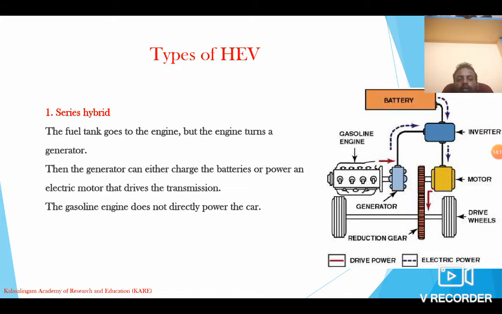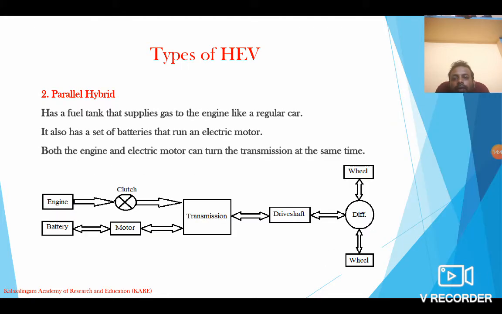In this case, the inverter keeps on regulating the current flow from the battery to the electrical motor, depending upon the driver's needs. Say for example, if you want to accelerate your vehicle, a greater amount of power will be transferred to the motor through the inverter, right? At the same time, the inverter keeps on regulating the current flow to prevent damage to the electrical drives from current fluctuations, right? So it's one of the methods of the hybrid electrical vehicle.